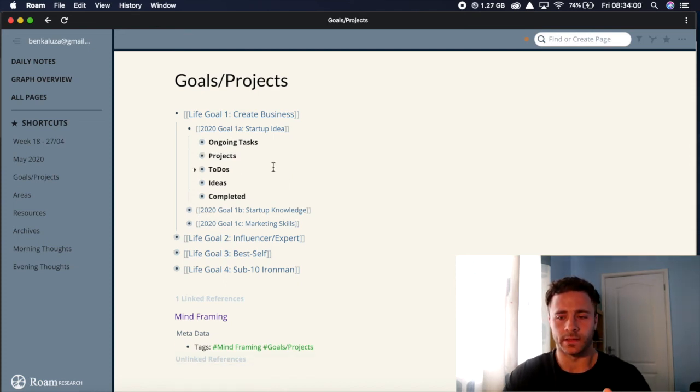And I think the idea behind this system, the ongoing task, project, to-dos, ideas, and completed, is really that the ongoing tasks, things that I'm doing every week, hopefully are going to help me develop ideas and to-dos. Like I said, an idea is something that I'll just review later on, and then that idea actually might turn into a to-do, and then the to-do might actually turn into a bigger project. So my workflow is almost like ongoing tasks, ideas, to-dos, projects, and then completed,